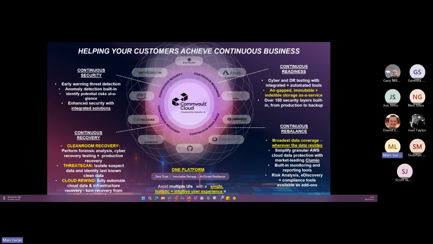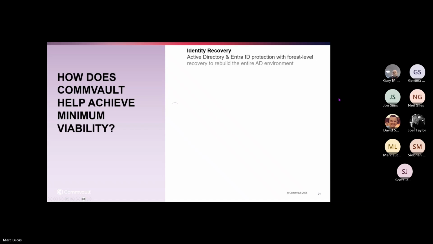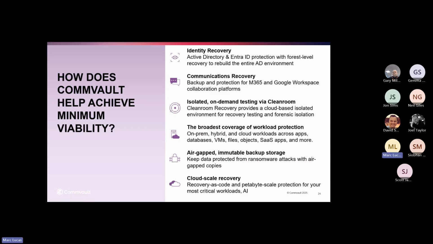And then again, for me, the two things that have been built into Commvault is that single platform, but also having the best data coverage. And when you get the PDF version of the deck, you can click here and that will take you to our supported technologies website, where you can find out a lot more. And again, we're going to touch on a lot of this over the coming weeks. In fact, I think we've got Webinar Wednesdays taking place after the summer holidays and all the way through up until December as well.